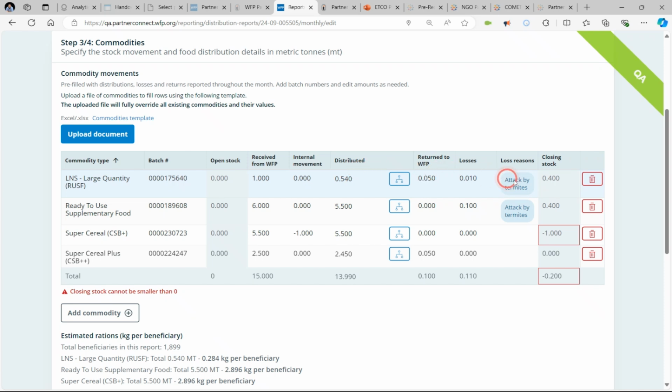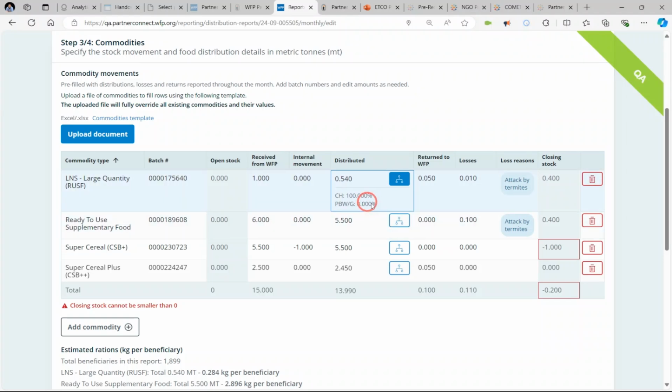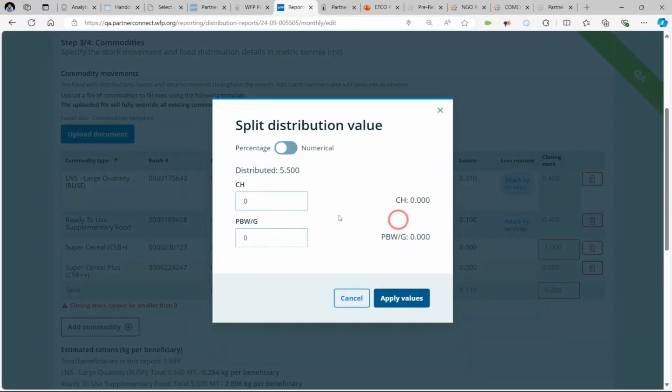Okay, so let's work here. We see that we have a closing stock of 400 kilograms, and it's asking us to split that distributing. So we have the LNS, RUSF. We know that's always for children in this case, so we give it 100%. So the full 540 kilograms or 0.54 tons goes to the children, 0 to the pregnant women. Same here with the RUSF. And let's say that is 100%